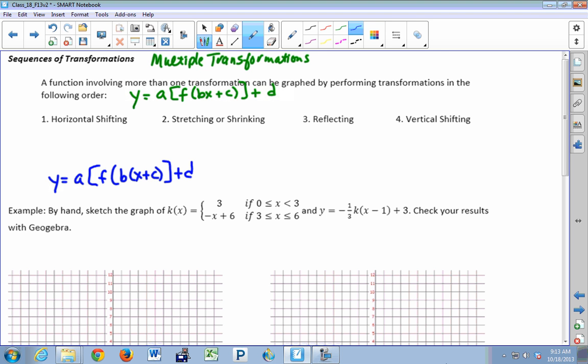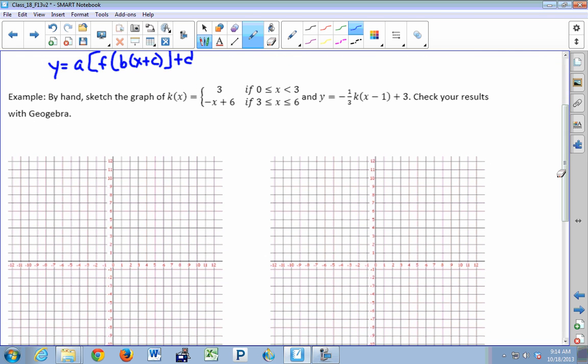So when we get to the last example today, I will show you how to do both of these and show you that they both come out to be the same. So for your purposes for homework and for your book, this is the order you're going to do it. And it's kind of nice the first time you do multiple transformations to feel like, okay, I have a little recipe to follow. So, all right, here's our piecewise graph,